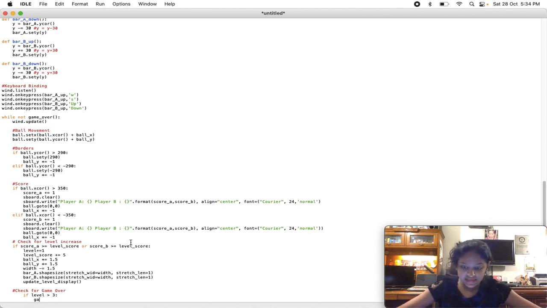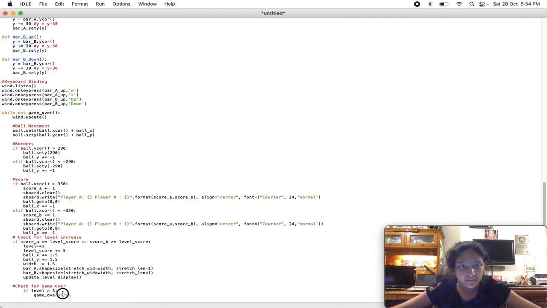then we want game over to become true. It was first false, now it will be true. Game over will change to True. Remember, it should be a capital T. Then if score A is greater than score B. Now we'll also have to determine who is the winner, player A or player B, right? So if score A is greater than score B,